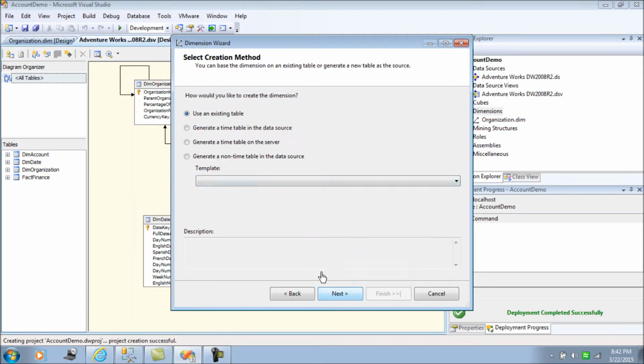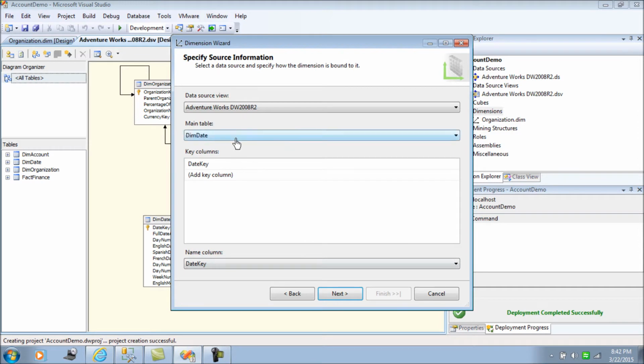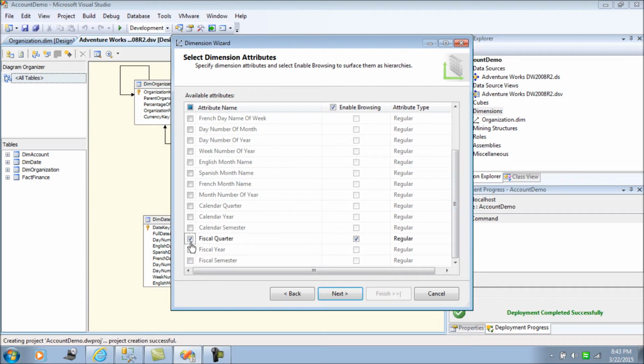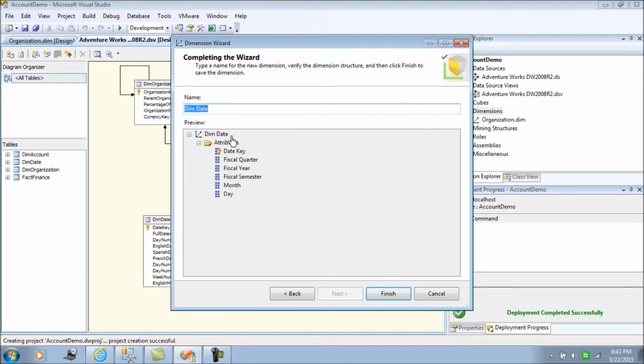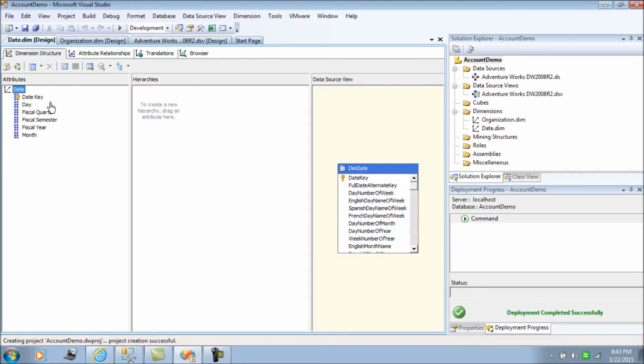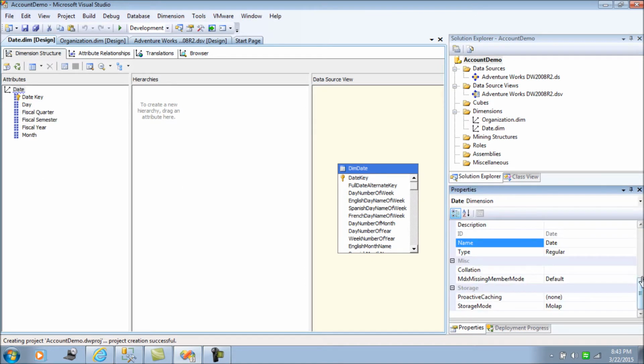Next I move on to the important dimension again. That would be my date time. I want the fiscal, maybe, sounds good. Then maybe I call the month name. Next, I would also like to have the day name of the week. Fine, I call it day. This should be fine. And then date. Okay, let's call it date. That's fine. First of all, we have to build this dimension.